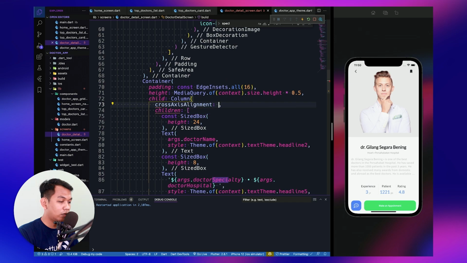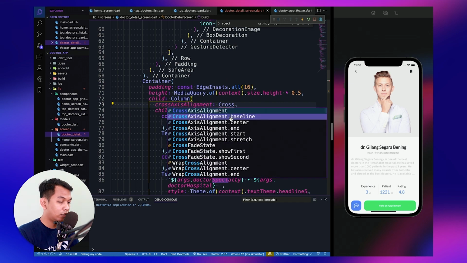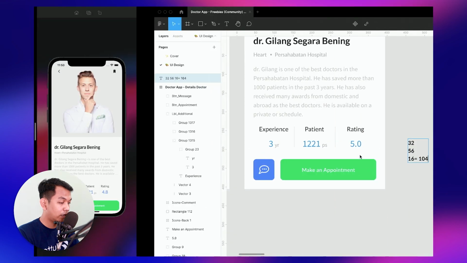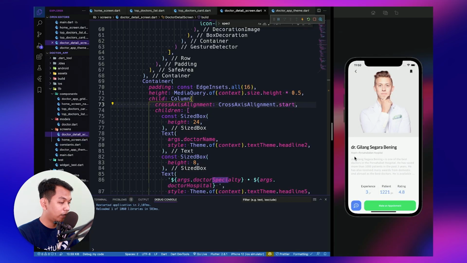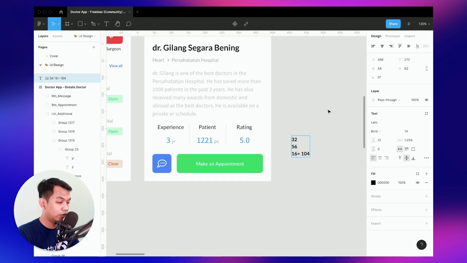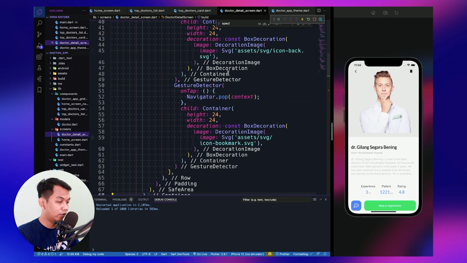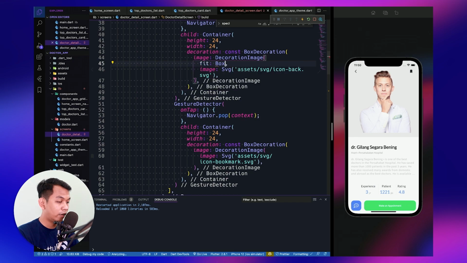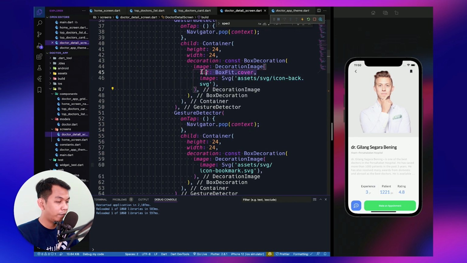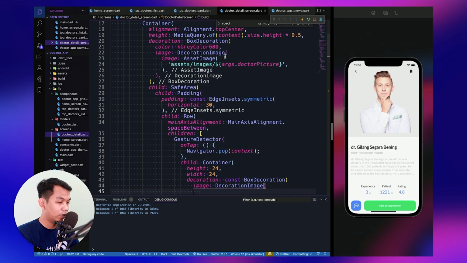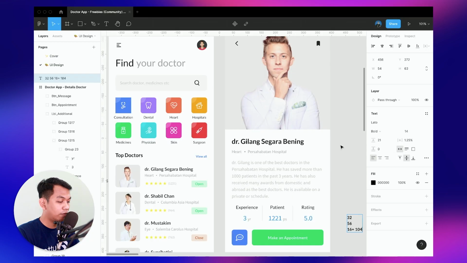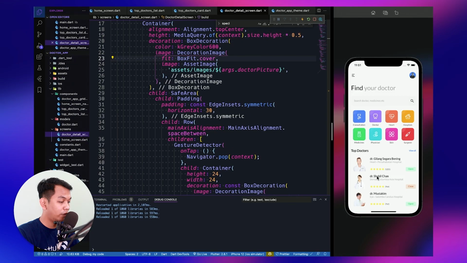So we say cross axis alignment, set it to start, and now it align left. And the next step is we say inside our image, we say fit to cover. Okay, not this, I mean inside our doctor picture, look like this.